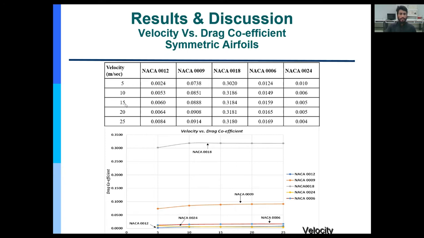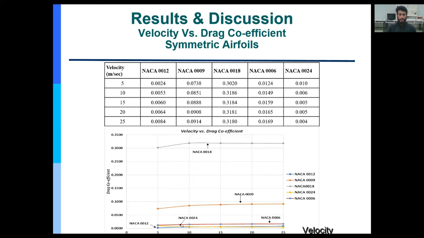At the wind velocity of 15 meters per second, 20 meters per second, and 25 meters per second, the drag coefficients are given for each symmetric airfoil. If we look at the graph, NACA 0018 has a maximum drag coefficient, and after NACA 0018, NACA 0009 has a drag coefficient, and this line shows the drag coefficient of